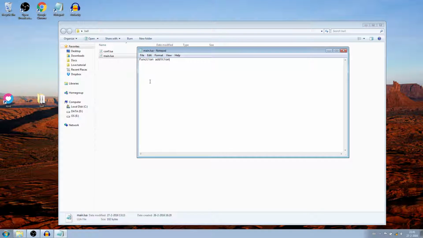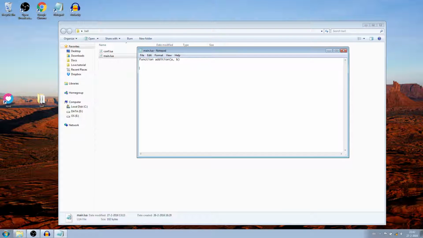A function is actually also a variable, so the same rules apply when naming your function. No keywords and no number at the start. Then we add parentheses. Inside we put what we call parameters. I'm going to add the parameters a and b. We separate parameters with a comma. These are temporary variables that will only be available inside the function.